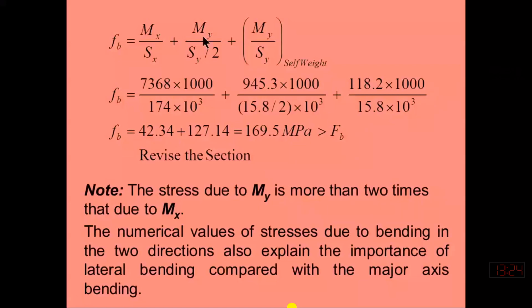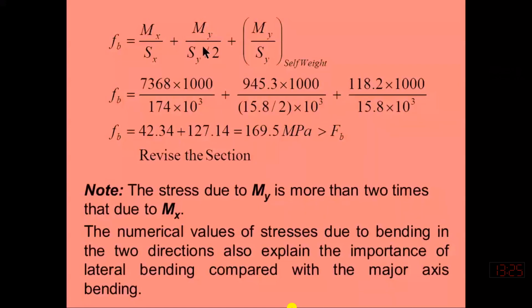I told you that this load is also producing torsion. So we are assuming that torsion stresses are equal to the bending stress produced by My. So what we may do, we may either consider half of the section modulus about the y-axis,